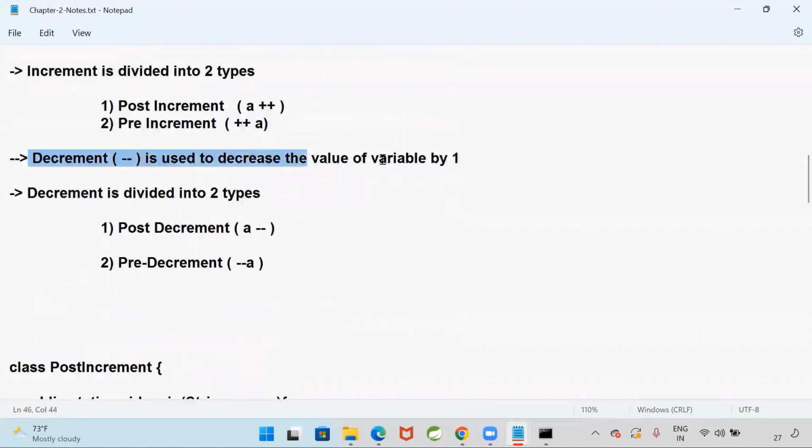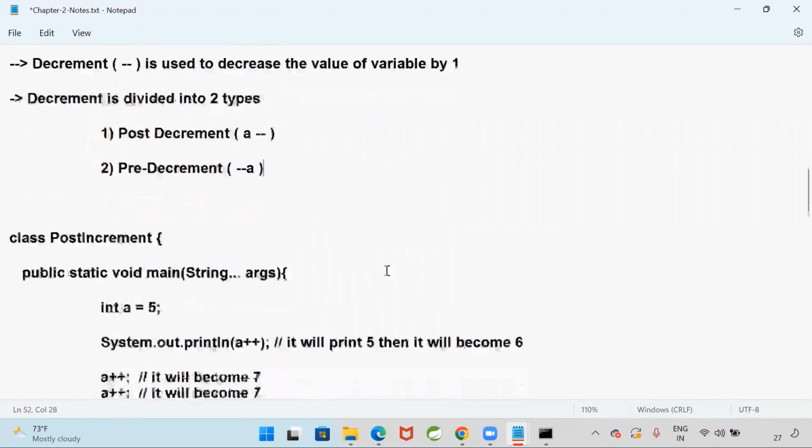Decrement is used to decrease the value of variable by 1. Decrement is divided into 2 types. One is post decrement, another one is pre-decrement. Now here we have done some examples on